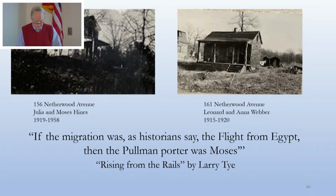These two homes on Netherwood Avenue were across the street from each other. Leonard Weber was a porter at Pennsylvania Station in New York City and lived on West 63rd Street in New York in 1905. He married Anna Weber in 1913 in New York, and they bought this house on Netherwood Avenue in 1915. While their marriage apparently ended after a few years and Leonard moved back to New York, he influenced